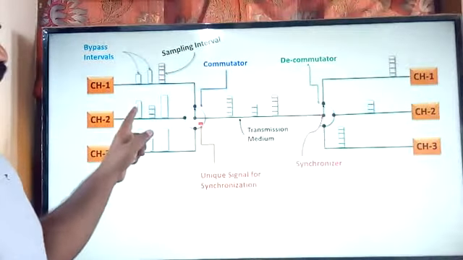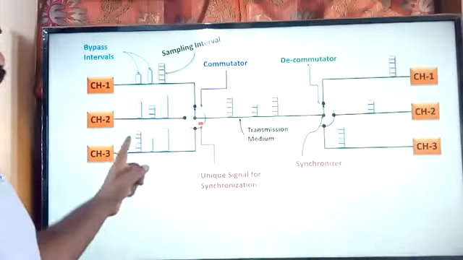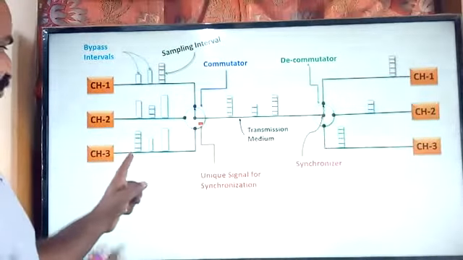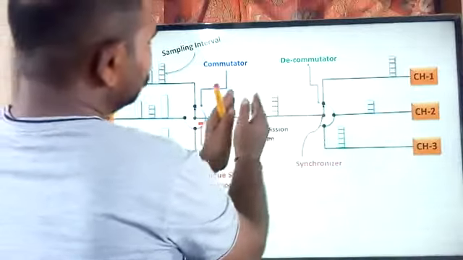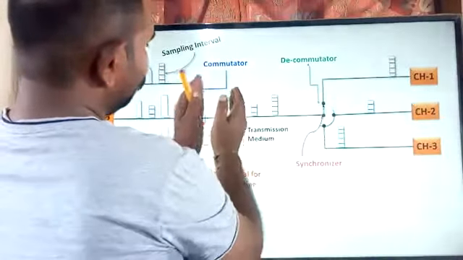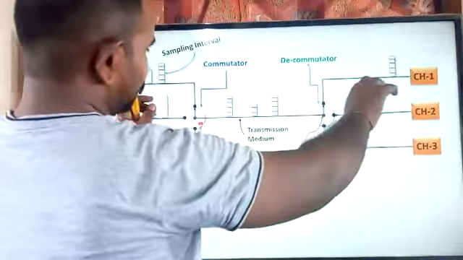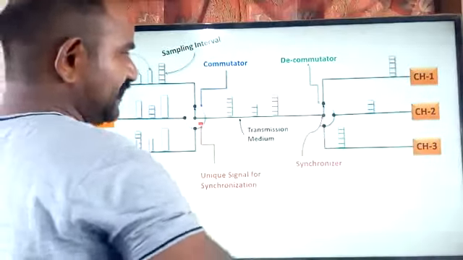First and the last one is going to be the ideal. And channel 3 takes the last sampling time. First 2 channels are going to be the ideal. If you see this one, 3 different signals are going to be transferred through this particular transmission medium. Means we are using only one frequency spectrum for sending the different channels,